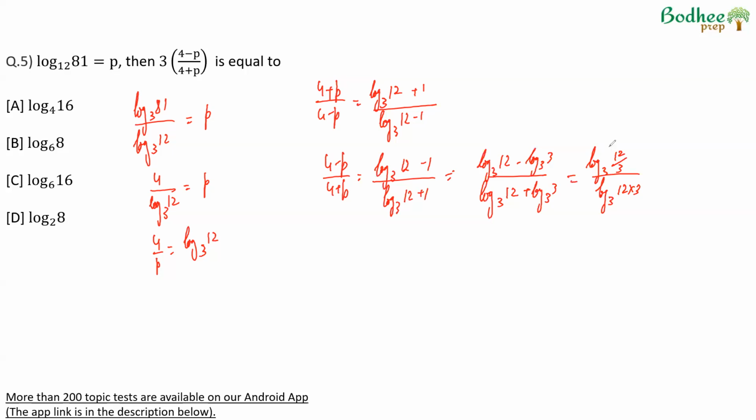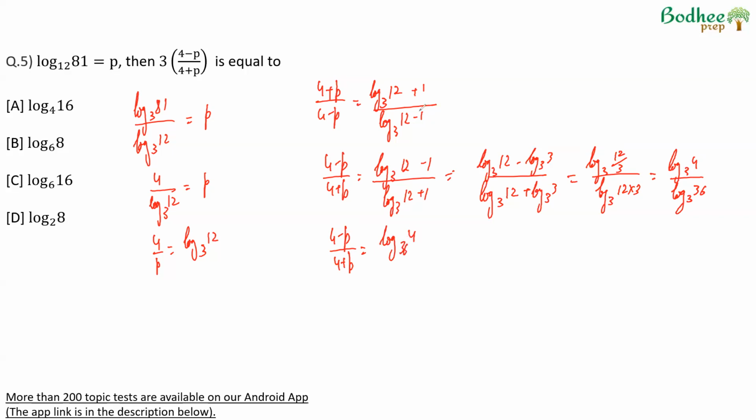Log of a into b is log of a plus log of b, log of a divided by b is log of a minus log of b. This becomes log of 4 to the base 3 upon log of 36 to the base 3. And therefore 4 minus p upon 4 plus p is nothing but log of 4